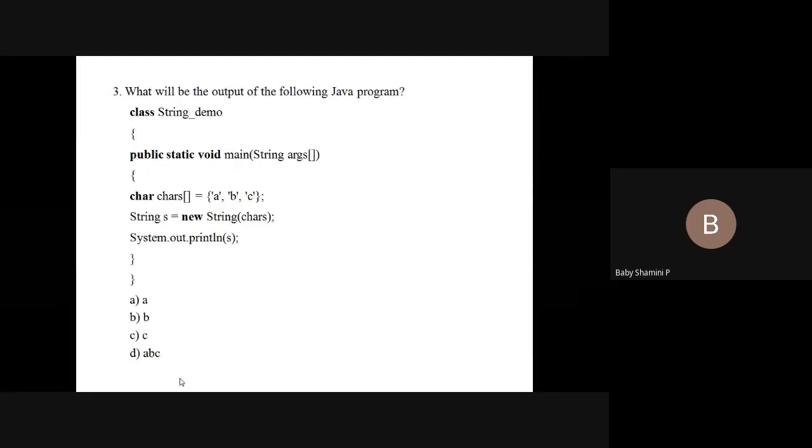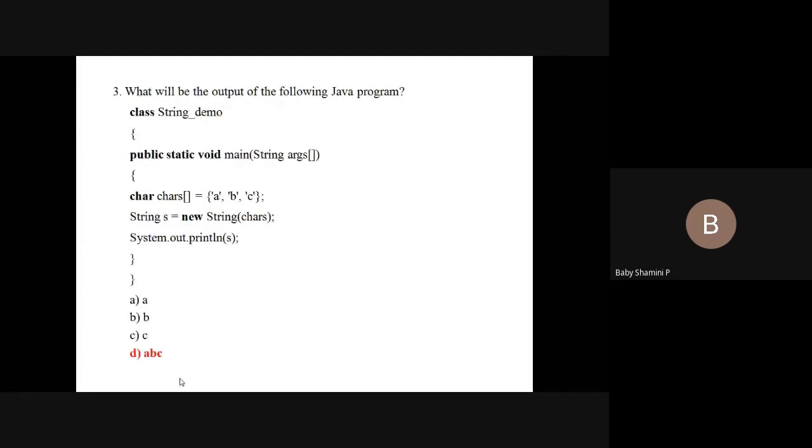Here we declare a character array A, B, C. If you want to convert that into a string, we write String s equal to new String of chars, where s is a variable name. Inside the character array we have A, B, C, so it combines all the values and produces the output ABC. That is the string value.